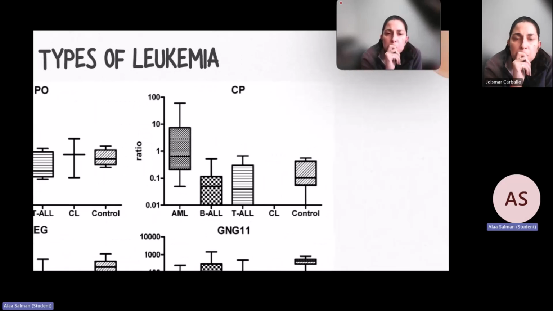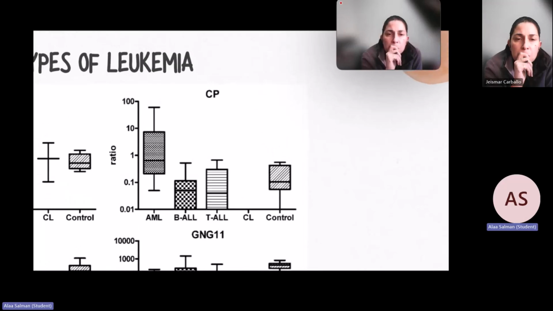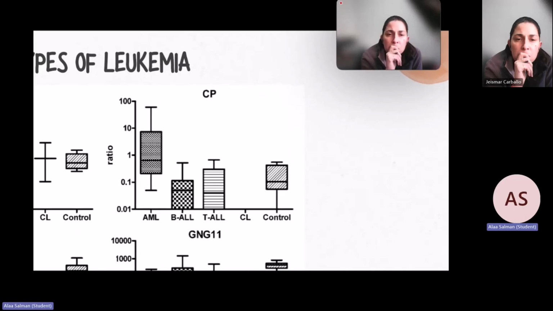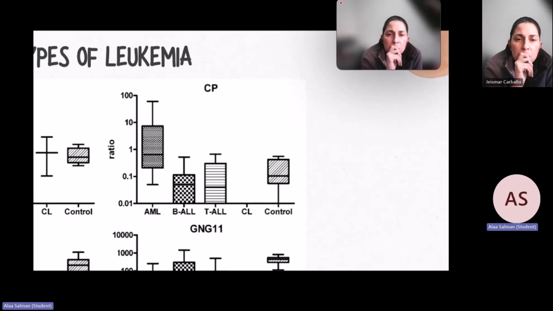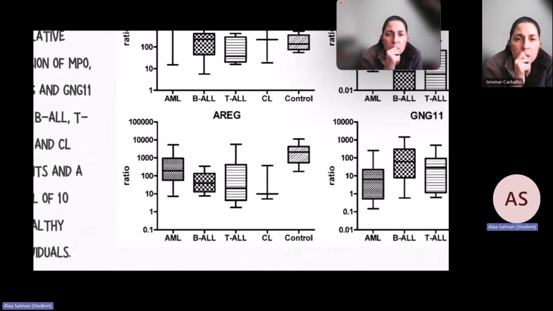As for CP, CP was upregulated in AML, but it wasn't upregulated in BALL and TALL, and it wasn't really expressed at all in CL. Therefore, CP can be used to distinguish between AML and BALL, and it can also be used to distinguish between AML and TALL. Moving on to AREG,